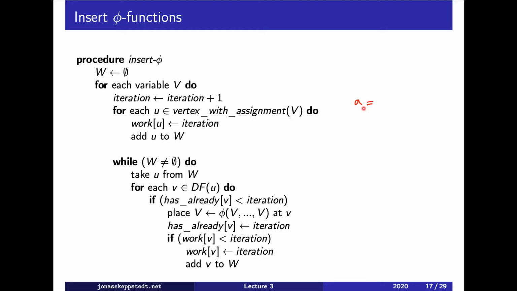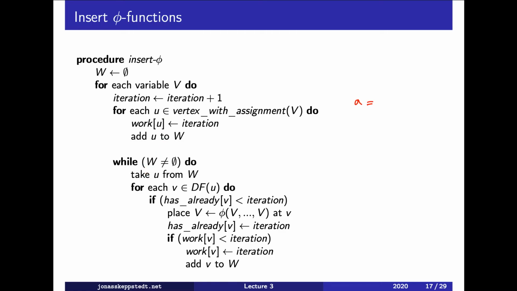Then we will also consider phi functions as assignments, since they are assignments, and extend this work list with nodes which have a phi function. Okay, so we set this work attribute and add the vertex to the work list, and then until the work list is